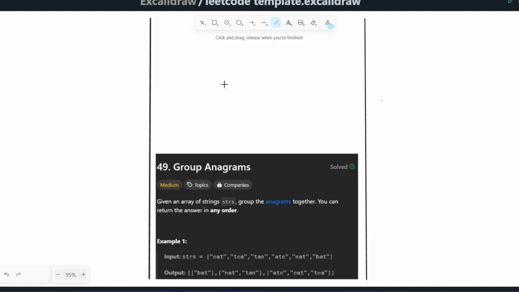Okay, this is LeetCode 49, Group Anagrams. The key idea for solving this question is that you're going to use a frequency array. A frequency array counts how many times a character exists in the string. So this frequency array would be like 1A, 1E, and 1T. And then you're going to